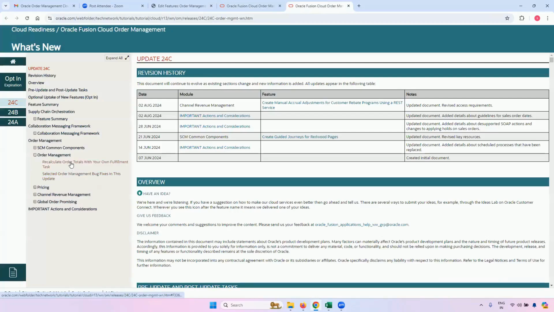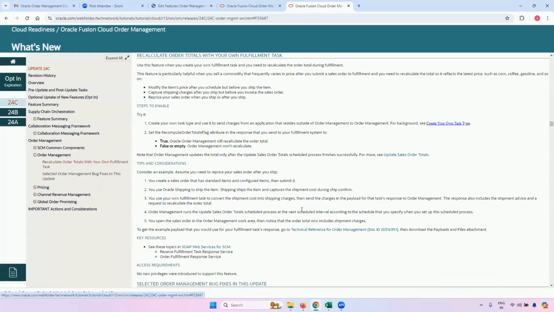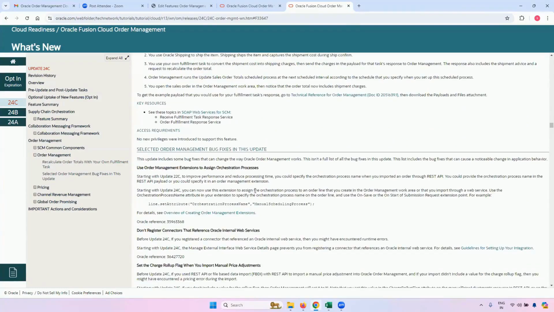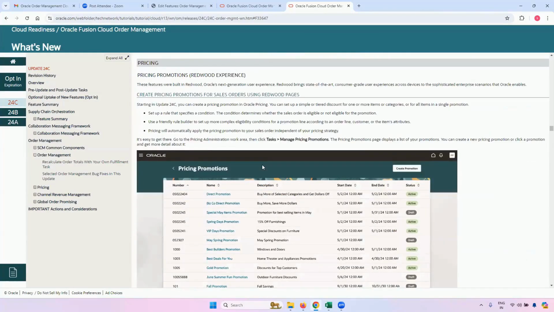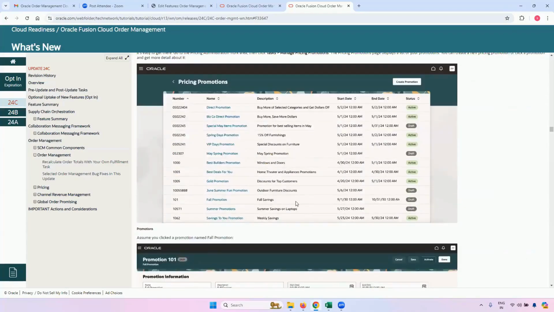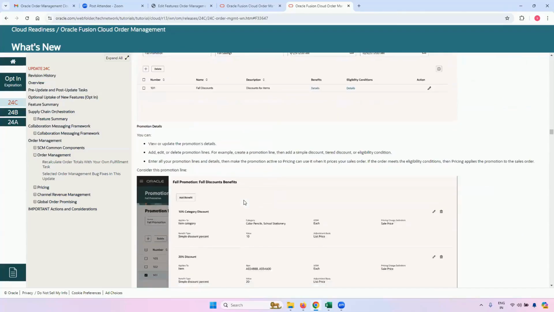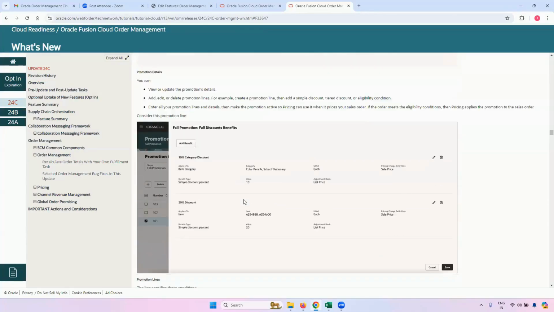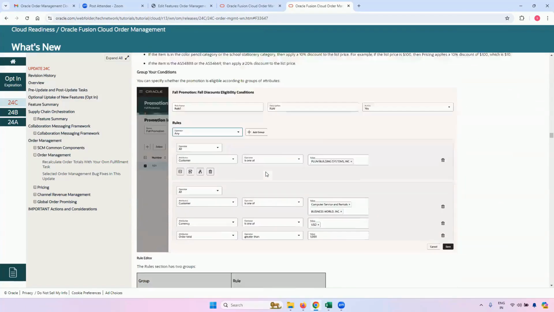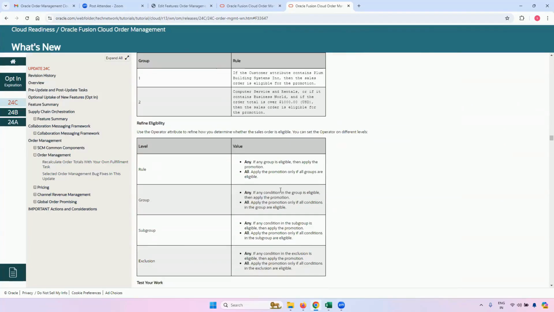For each release, Oracle publishes a release note in which all the setups you need to enable, and all the screenshots, are mentioned: how you would enable them, how it will work, and which features you need to enable. So you just need to type in Oracle release notes and the name of that module, and you will get a comprehensive list of setups and the enablement steps which you need to do, and all the screenshots as well.